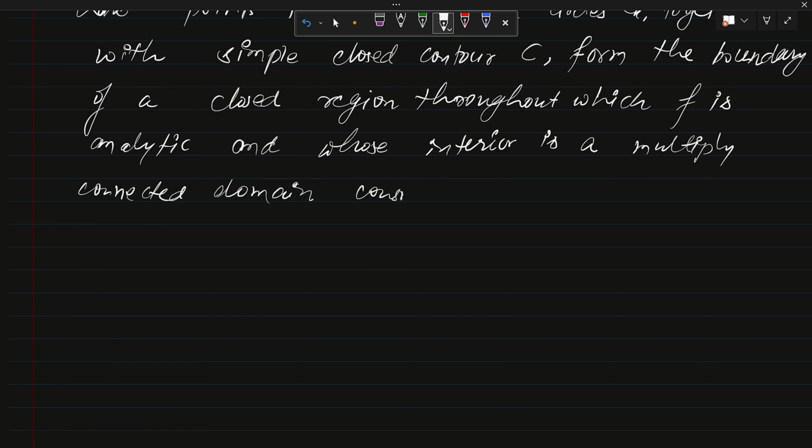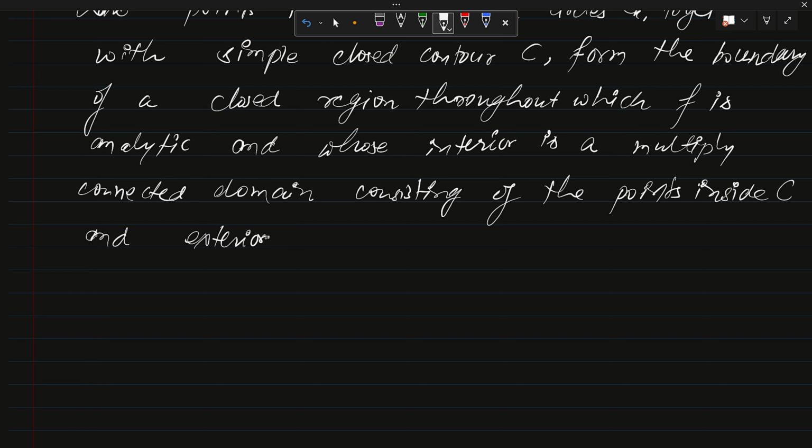Domain consisting of the points inside the curve C and exterior to each Ck. ठीक है, जो ब्लू सर्कल उनके बाहर और ग्रीन जो कंटूर है उसके अंदर की बात कर रहे हैं, ठीक है।